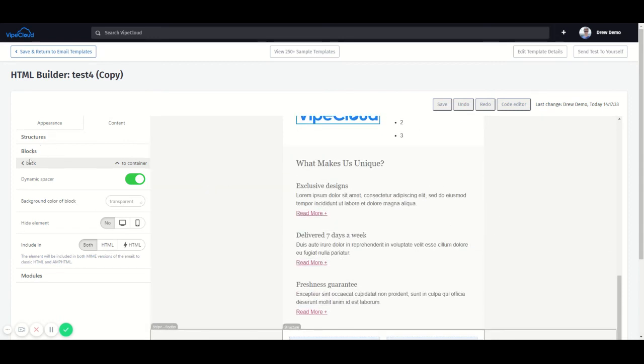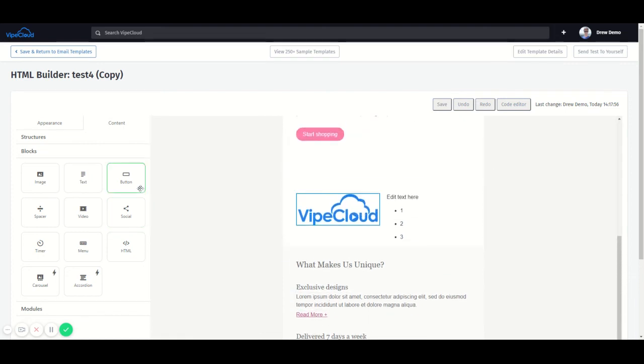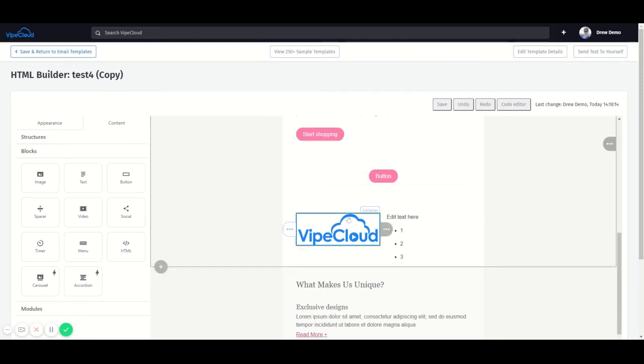And then again, to get back out of this, we click on back. We're still in blocks. And these are generally going to be the most common things you're going to want: images, spacers, text, buttons, all of that. Oh, we can also cover a button. So for buttons, you want to click, drag, put it right there. These are going to be like calls to action, things like sign up now, learn more here, things like that. And so you click on the button,